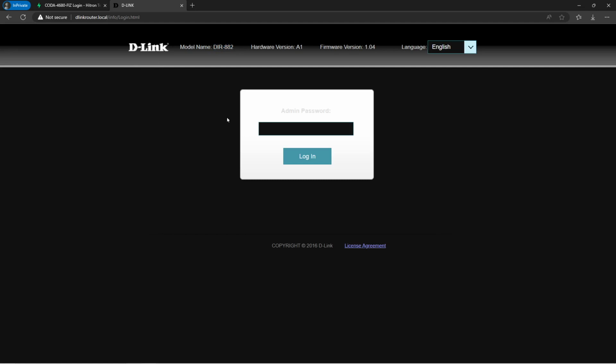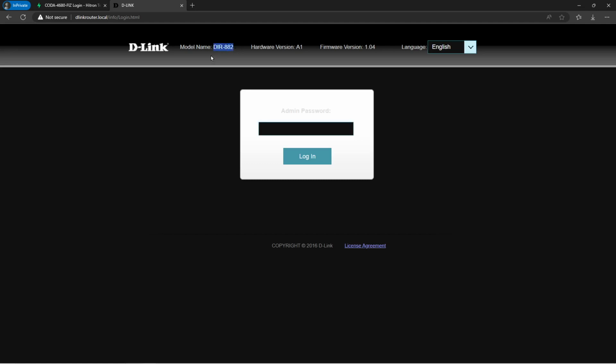Also, two small points: if you ever forget the administrator password, or maybe you just purchased a router from eBay and the seller changed that password and you don't know it, just go behind the router. There is a small hole, it says reset, push it with a pin for about 2 seconds. It's going to erase every single setting in the router, including the administrator password, and the router will have the password that is written on the sticker. So you should have a sticker underneath it. Use that information to log in and change everything you need to do.